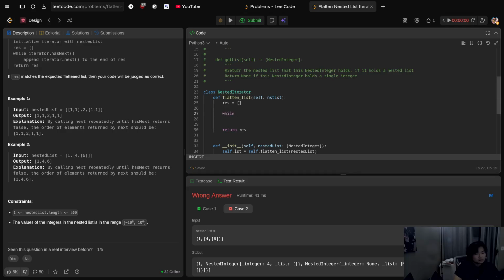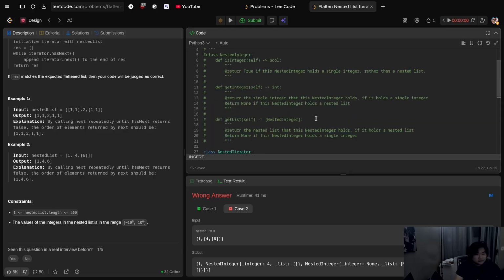And then while, I guess we'll also have a stack. Okay, we'll do this. So think about this for a second. So for every item in nested list, if,